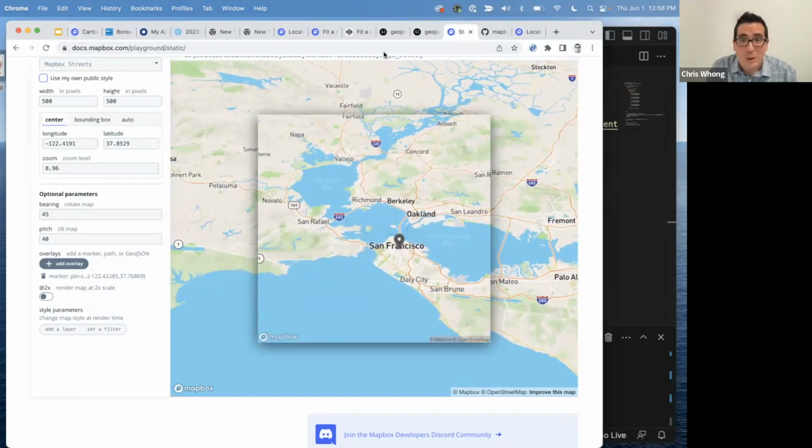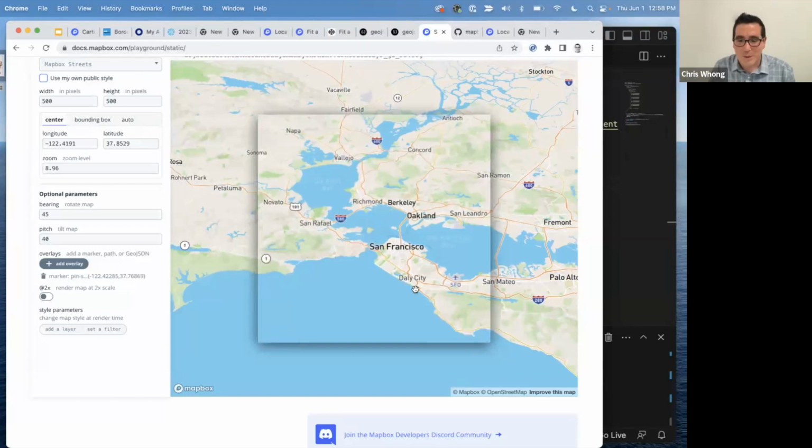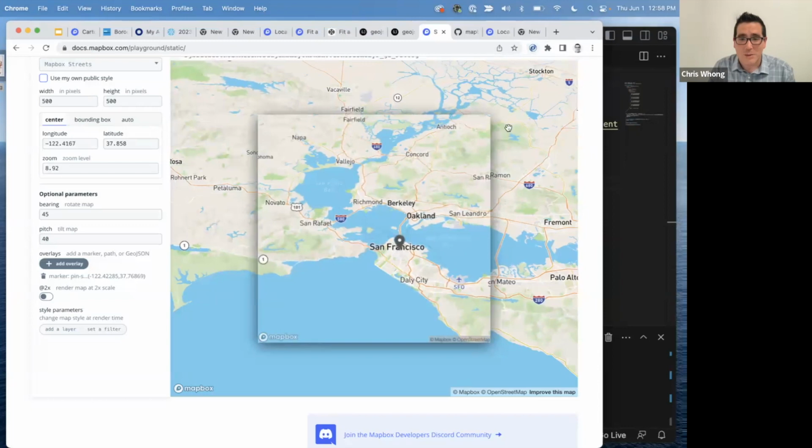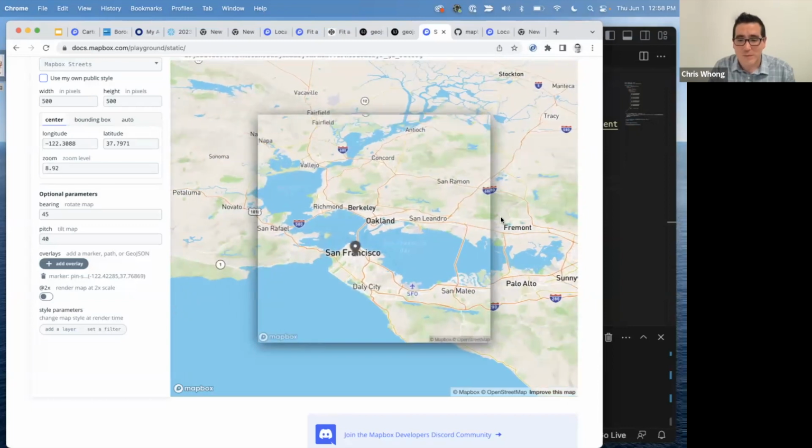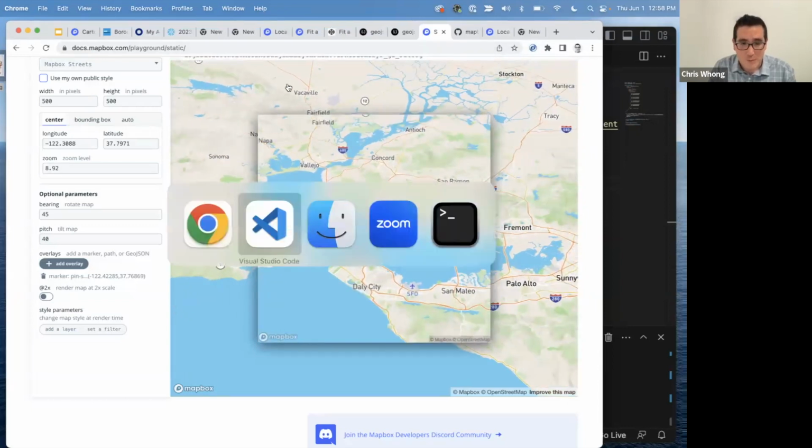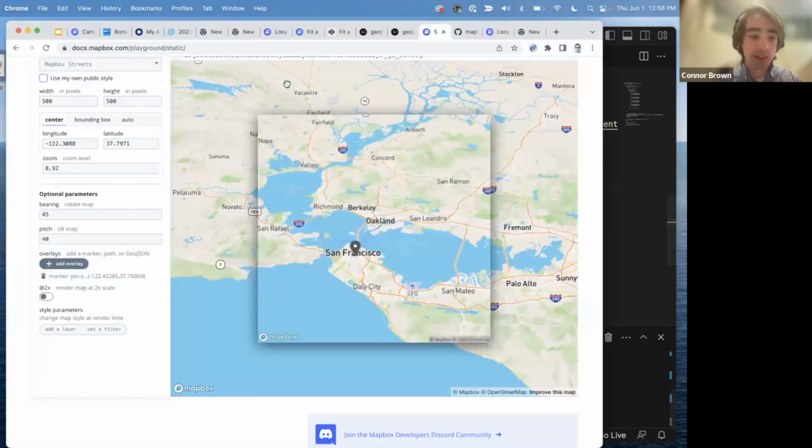Okay, so I think I see a question there about, is there a solution for routing for retail? So we have an optimization API, and yeah, that's for like planning deliveries. We do have a playground for that. I'm not going to show it right now because I'm not prepared to do that, but maybe Connor, you can throw a link to that in the chat if you can find it. Optimization V2 playground is what it's called. Absolutely. It'll be linked soon. Cool. Okay, so there's that.